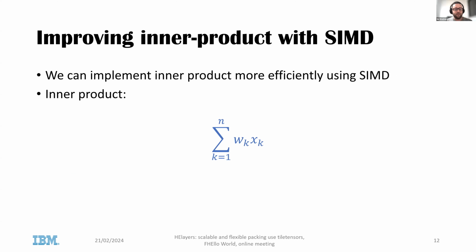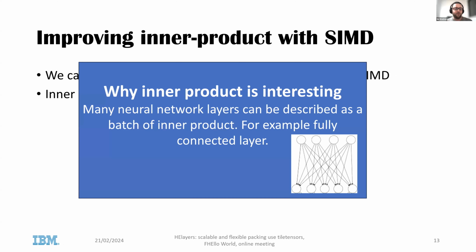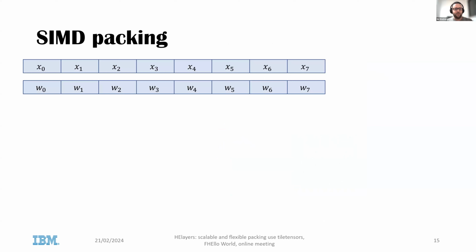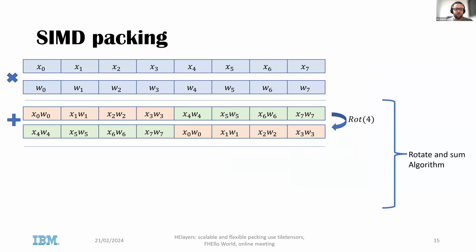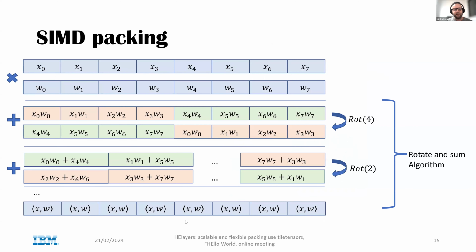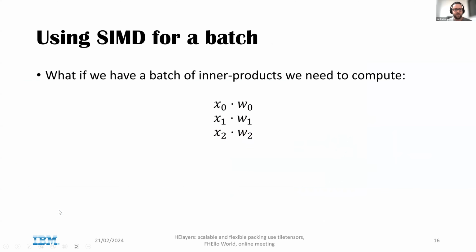We can do inner product in really the same manner. An inner product is a critical thing in neural network, in logistic regression, in other type of operations that we would like to do. So same thing for inner product. What we want to do is to multiply and then perform the rotation sum algorithm to accumulate the data and get the inner product result. But the question starts to become complex, and this is where it is not as easy as it seems when using SIMD. What happens if we want to perform 3 inner products, x times w 3 times?